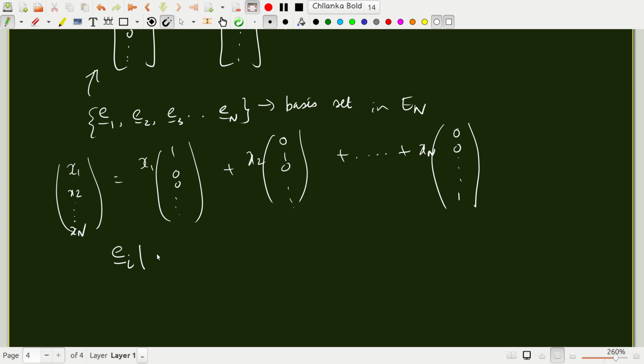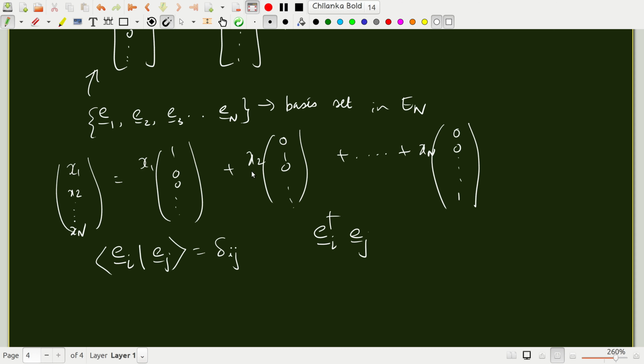Okay, so you can also verify that e_i e_j is delta_ij. Why is that? You can write this in terms of a column vector and row vector. If this is the abstract notation, then to write it properly, this is e_i dagger e_j. You have to represent this as a row vector, so you take the transpose, but then for inner products, the first vector comes with a conjugate, right? So this is e_i dagger e_j.